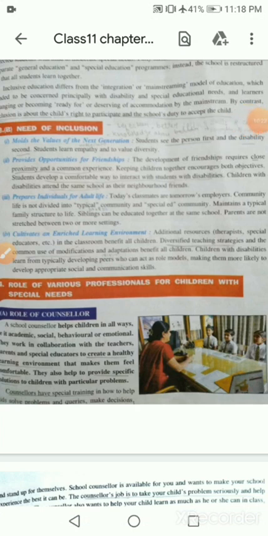Inclusion. Okay, inclusion means including something into a large group. So inclusion in education means including the disabled person with a non-disabled person,